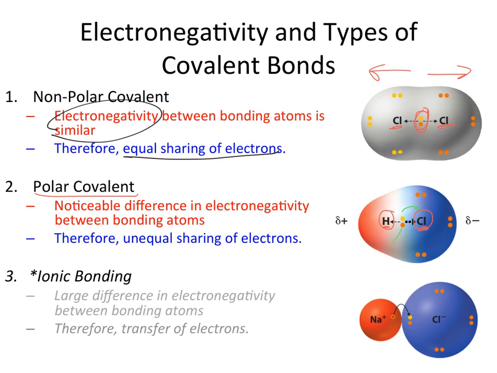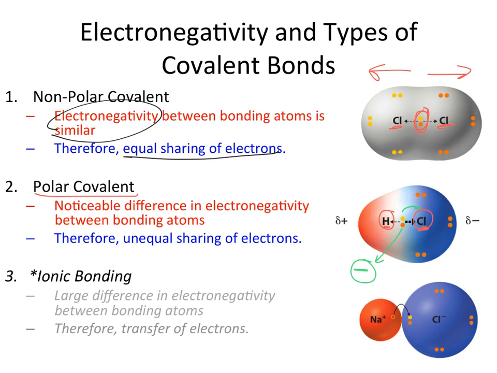Now, one thing you have to remember is, what is the charge of these electrons? They're negative. Well, if these electrons are moving closer to chlorine, it's going to make the space around chlorine a lot more negative than the space around hydrogen. And it's kind of shown by the magnitude of this arrow. As we can see here, the arrow is the same size, the pull is the same, and so the electrons are found in the middle. In this case, the electrons are going to be pulled closer to chlorine, making this side a little bit more